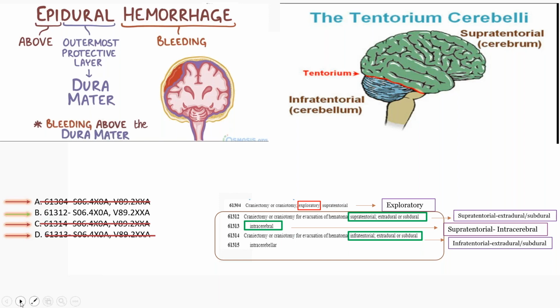And the correct code for our scenario will be 61312, which will be craniectomy or craniotomy for evacuation of the hematoma, supratentorial, extradural, or subdural. So this one explains where our hematoma is and where the craniectomy procedure was performed. How do you